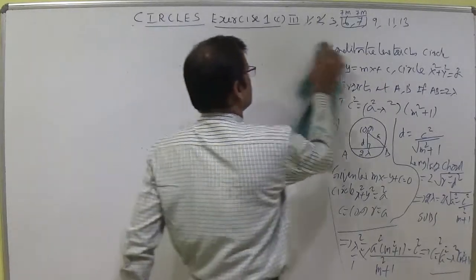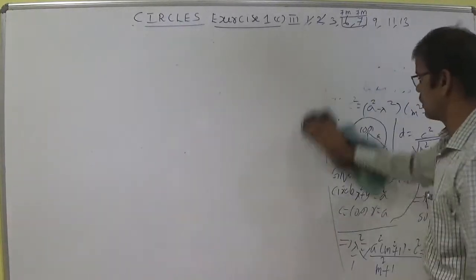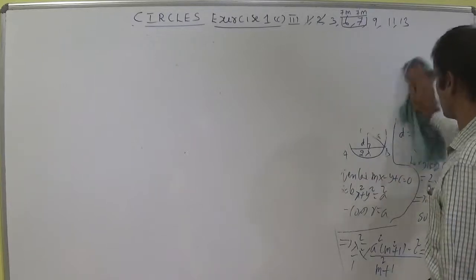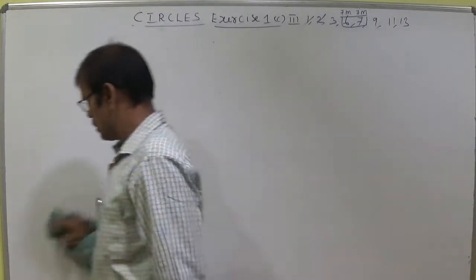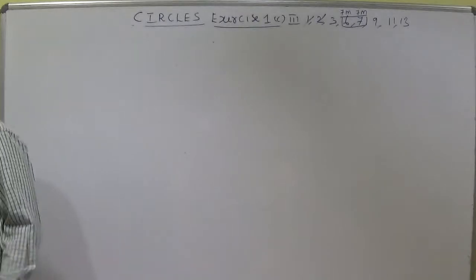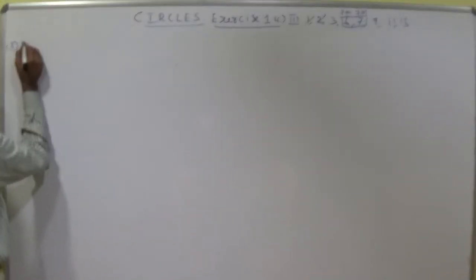So to calculate radius, if a line is given as a tangent, we should use the formula r is equal to d. If a line is given as a chord, we should use the formula length of chord 2 root r square minus d square. D is the perpendicular distance from center to the line. Third one, find the equation.